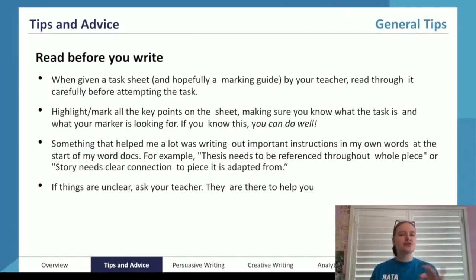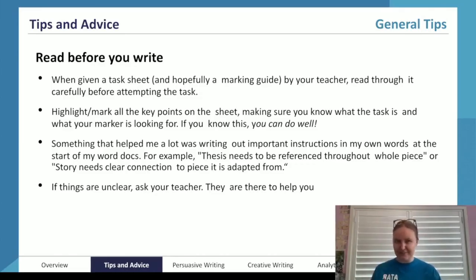It's sort of like a little to-do list or a little checklist, or even just in sentence form, and I put them up the top of my Word document. So everything that I'm writing, I can go back and refer exactly to what my task is. Is this writing achieving the task that I have been given? And you leave it there right until your final edit where you get rid of it, so then you can hand it in.